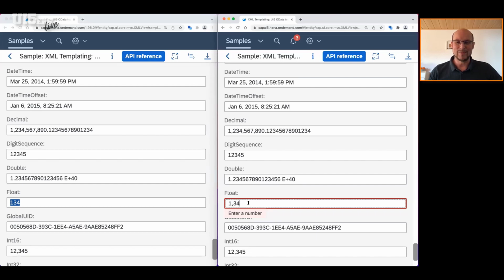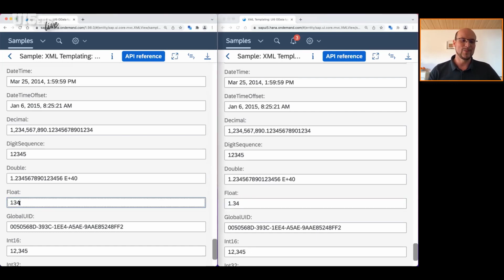It doesn't make sense to have such a number inside, and we highlighted it in red, and the user can then fix his input and say, okay, I actually meant 1.34, and then it's interpreted as the correct number and it's taken. So there's no automatic pushing the numbers together, which was then wrongly interpreted and led to a wrong user input.